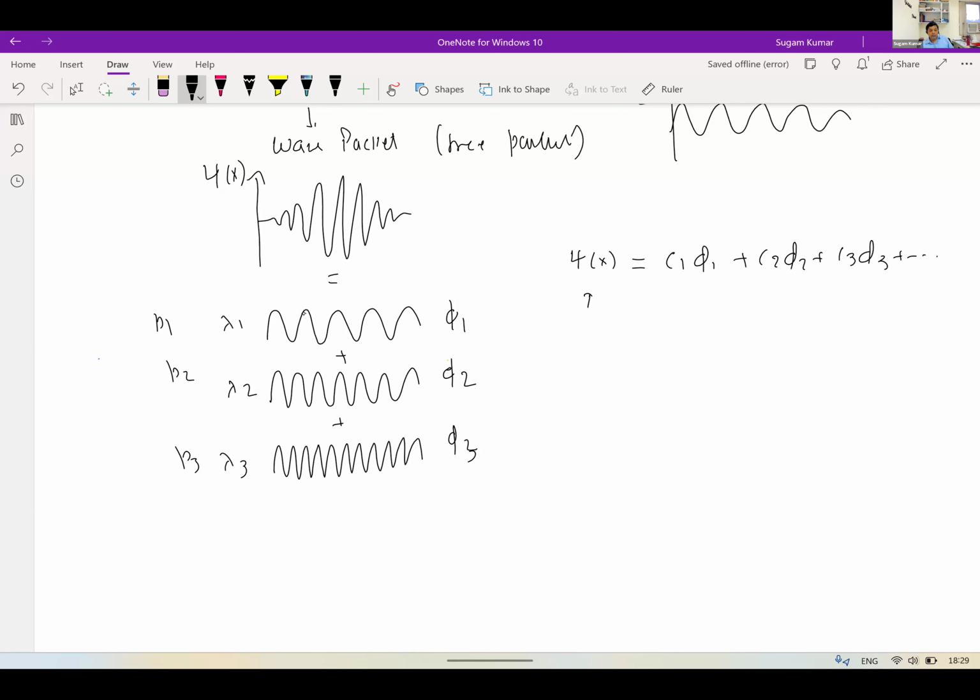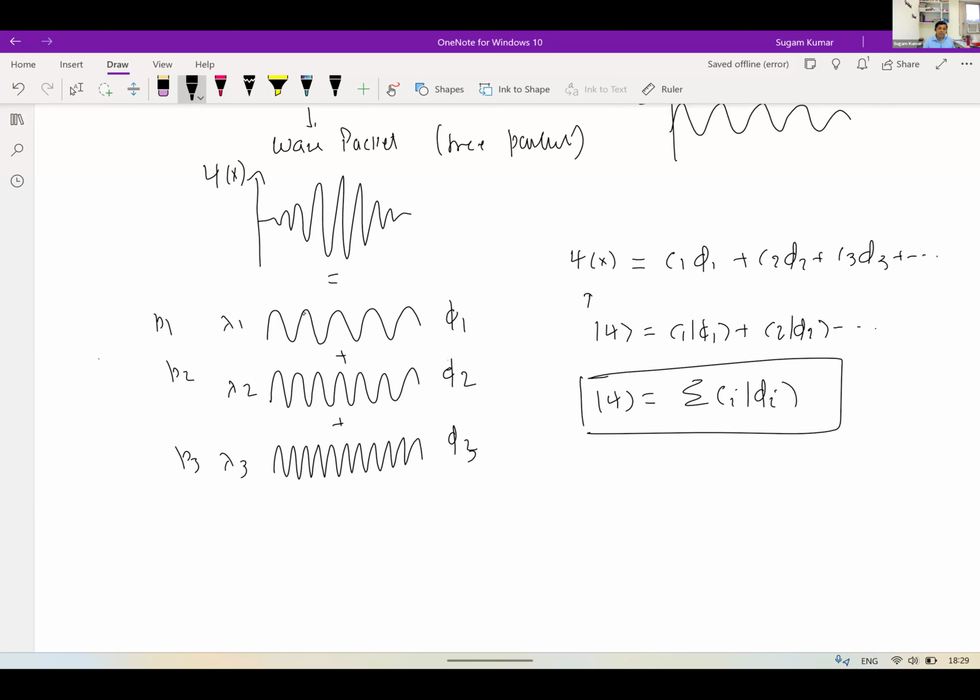So in quantum computing, superposition is a very essential component which we need to understand. And maybe we will use the ket notation or bra notation also. This is how we can write it down. So the basic concept of writing psi as a linear combination of phi 1, phi 2, phi 3, this idea you can understand, comes from the wave packet.